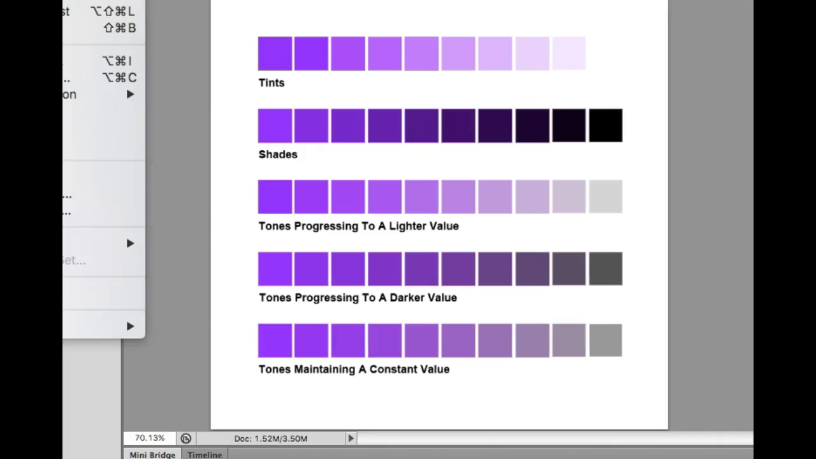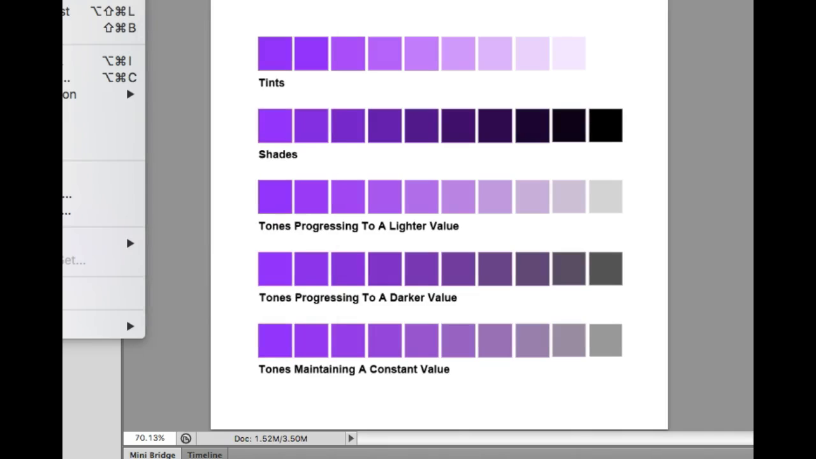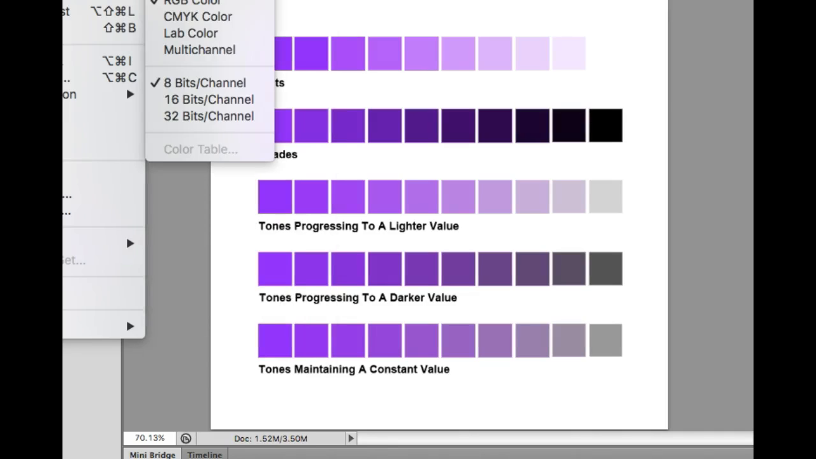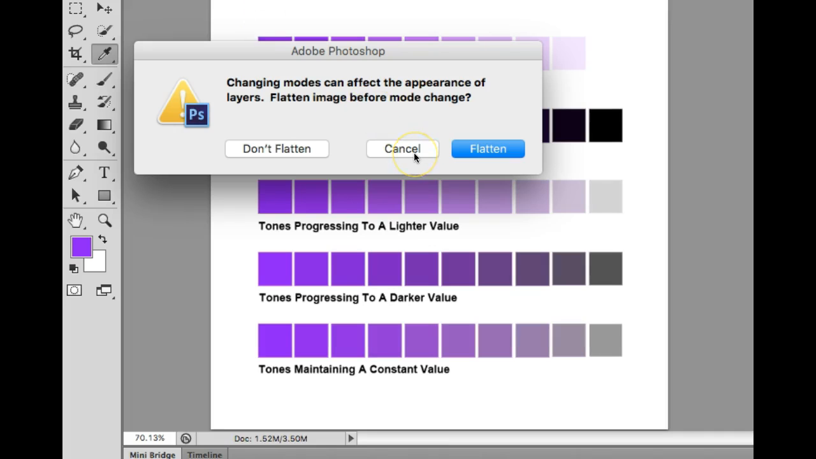What you can do is you can actually go up to image, and I apologize, this is a little bit outside of the viewing window, but if you go to image and adjustments, or pardon me, modes, what you can do is you can change it to grayscale. So image, mode, grayscale, and